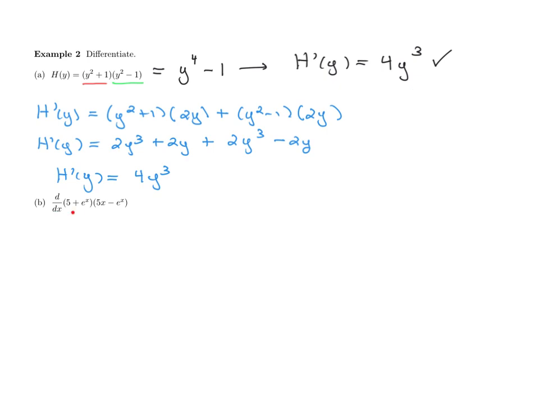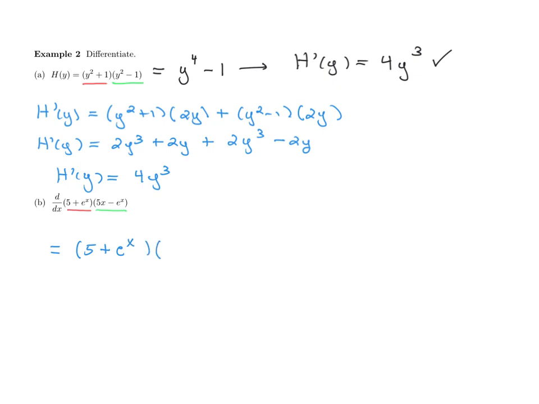Now, in part B, it's kind of similar where there's this plus minus thing going on, but these terms aren't identical. There's an x here and there isn't one here. For this reason, I'm not going to multiply this out. Instead, I'm going to call this the first, and I'll call this thing the second, and go directly to the product rule. The derivative of this thing is the first